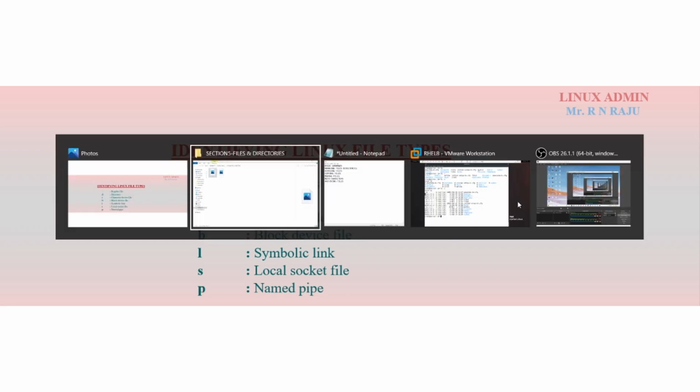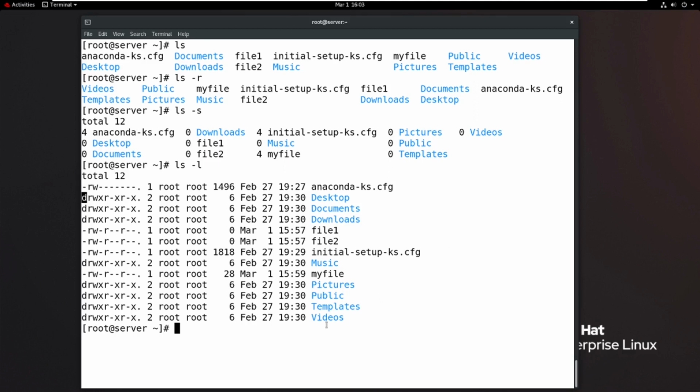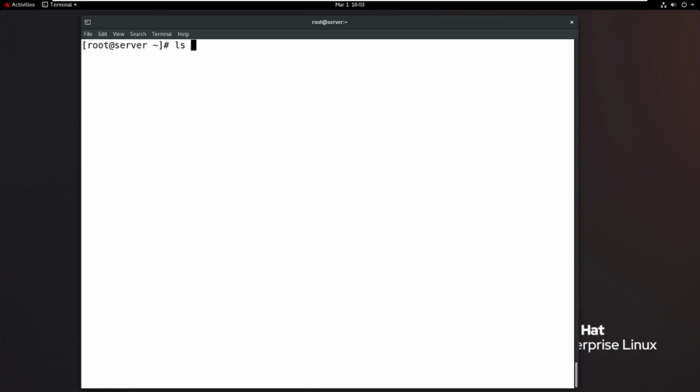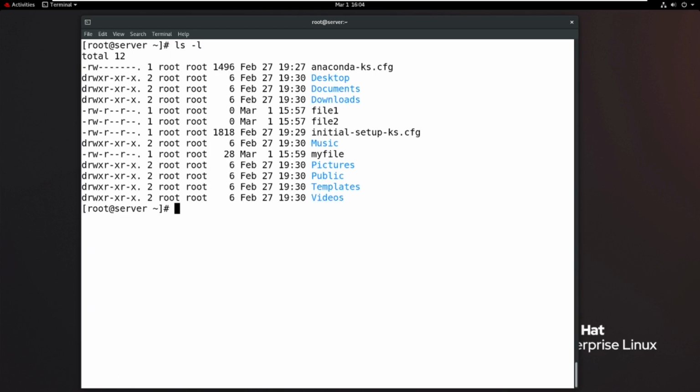Okay, so these are important for freshers, right? So here only two fields for now. Hyphen means regular file. D means directory. So now in a real environment, observe with ls -l, how do we troubleshoot the files in the environment?